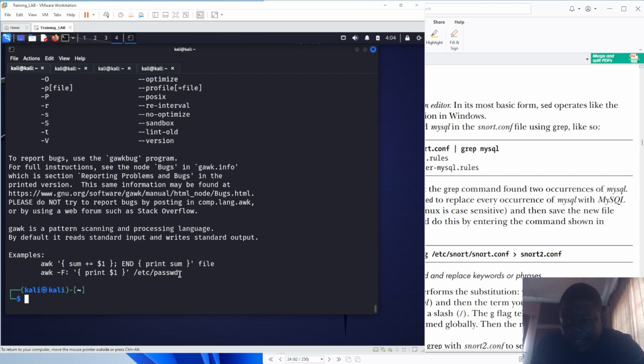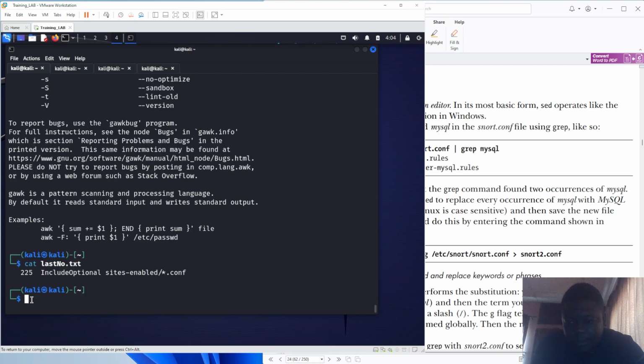So this is the format with which I want to use it. This format is how I am using it. So what I want to do is let me cut this file again. Look at what we have here. What I want to do is extract only this value out. That will give me the total number of lines we have in the Apache config